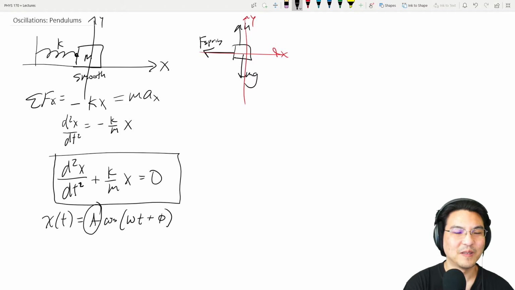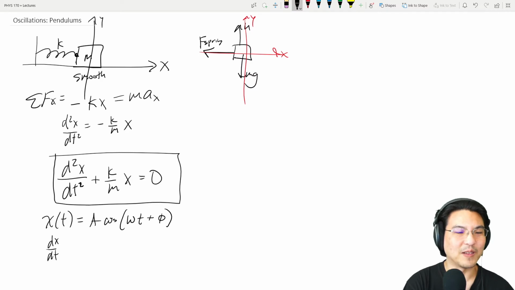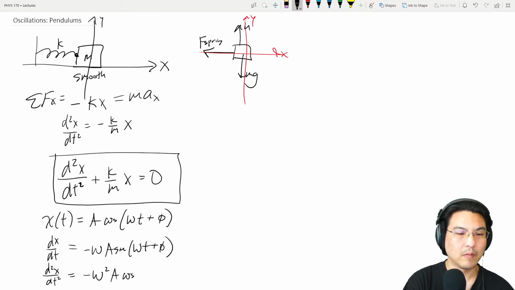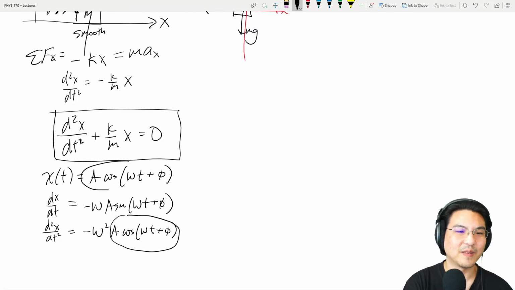This is the amplitude. This is the angular frequency. This is the phase angle. And then if we take a derivative of this, then you would get velocity, right? This is velocity. So let's take a derivative. Okay, and then let's take one more derivative, which would be acceleration. And if you take a look, this is the function x. So then